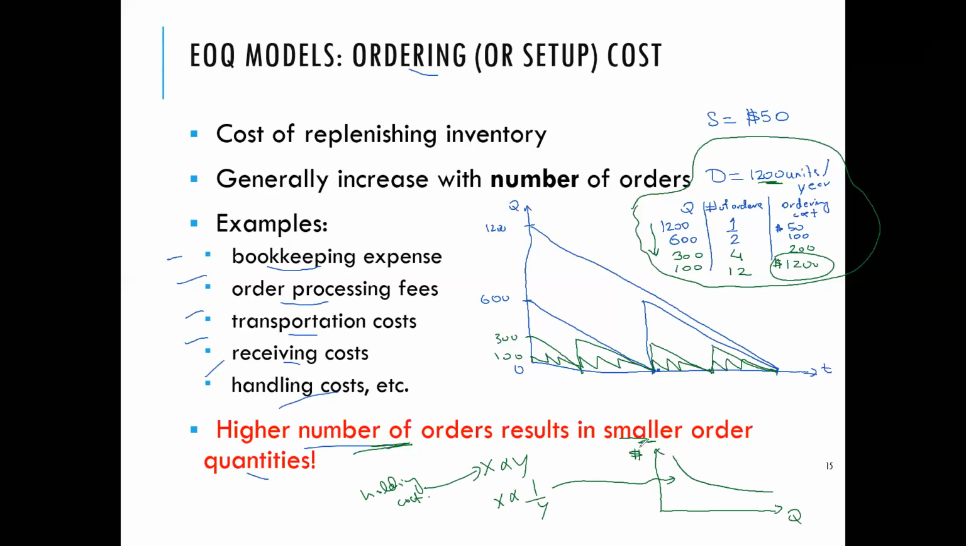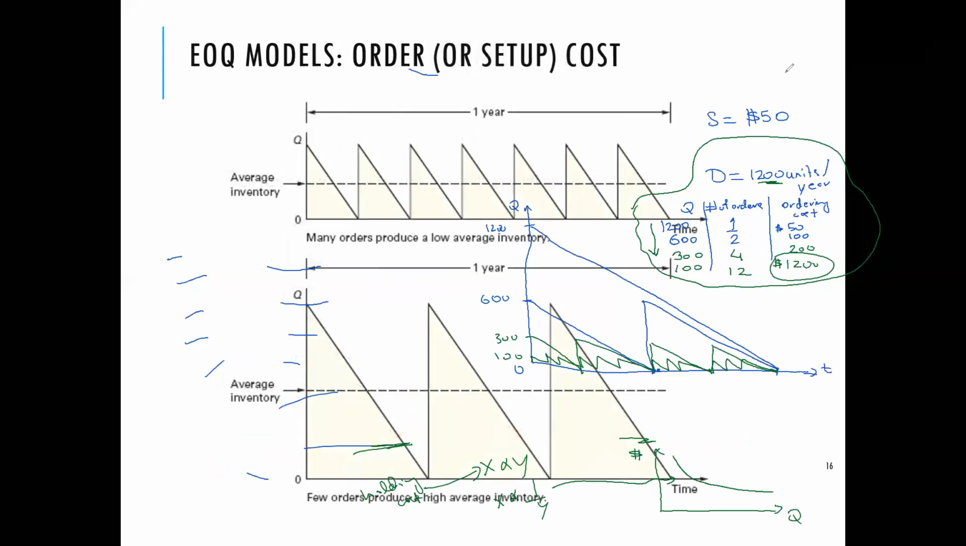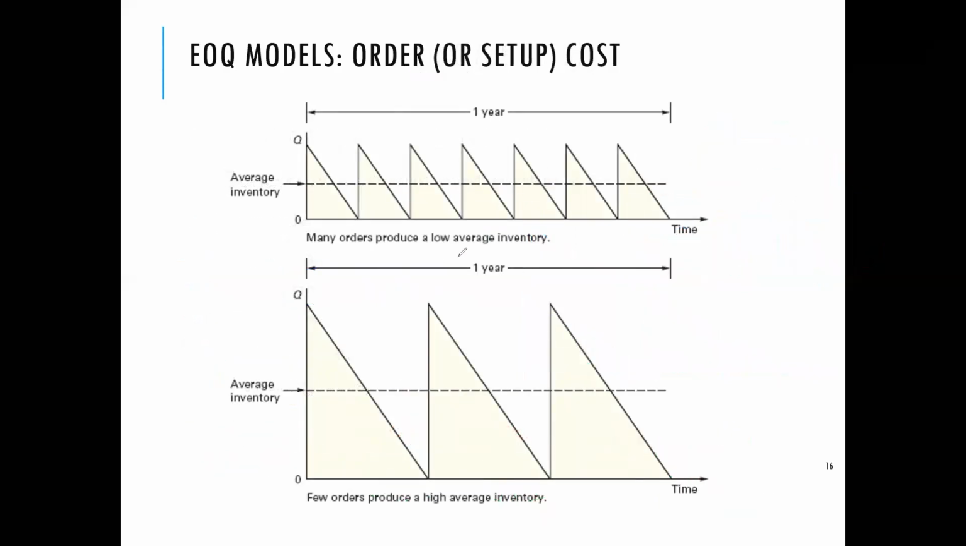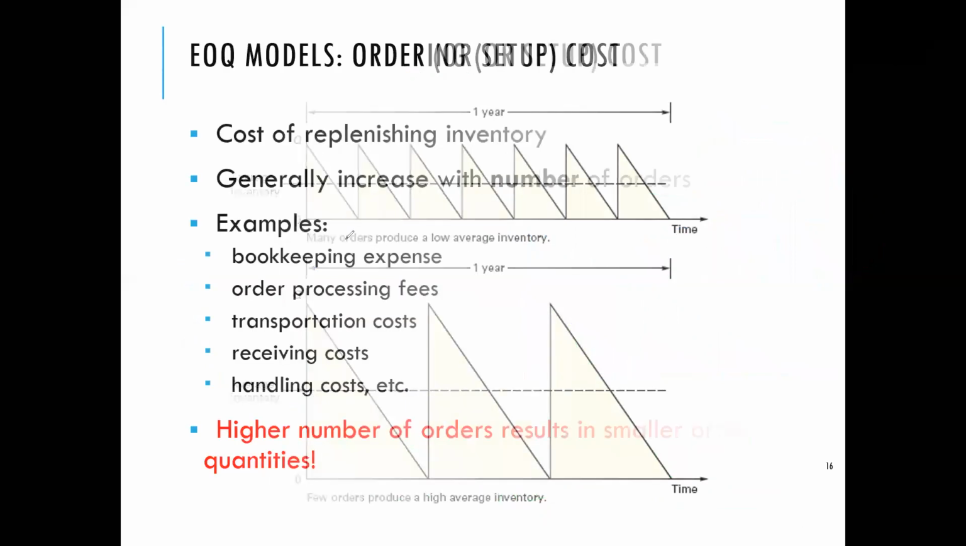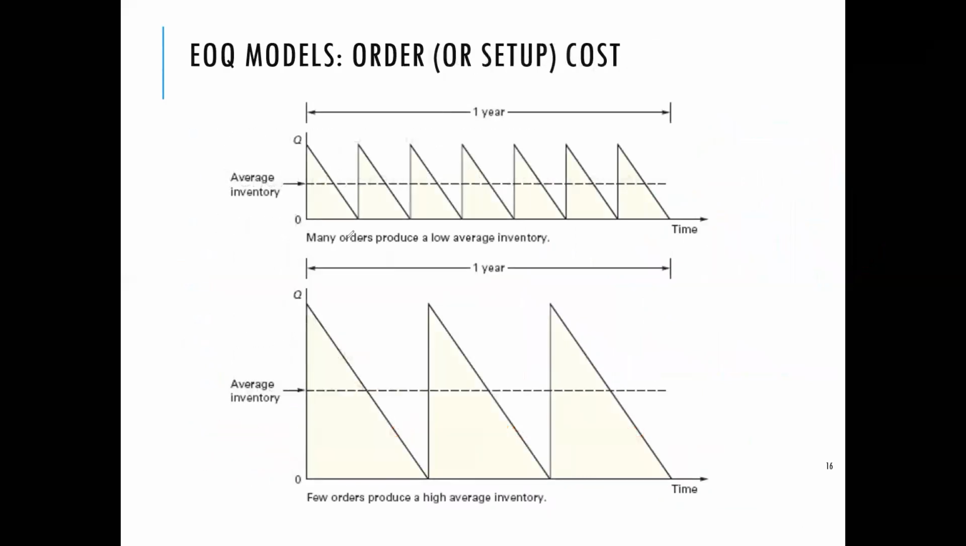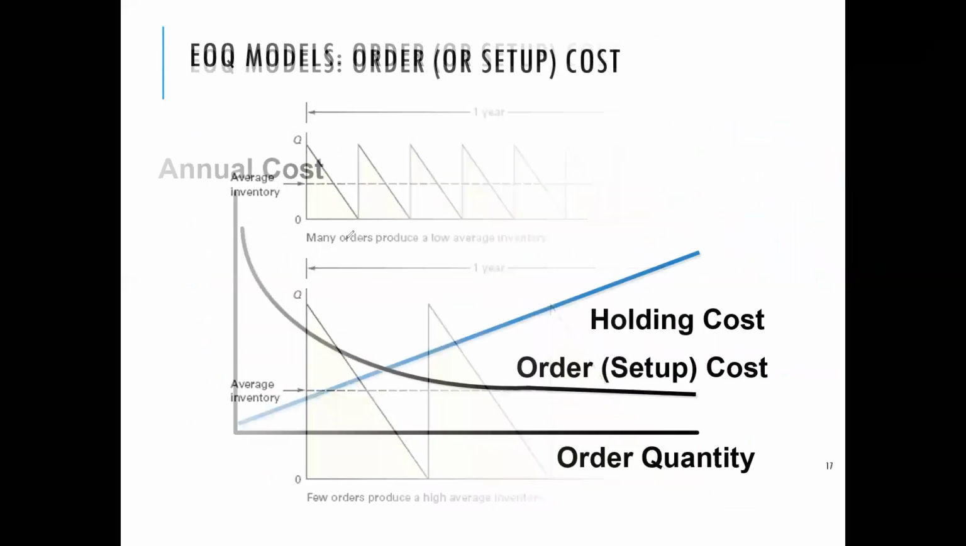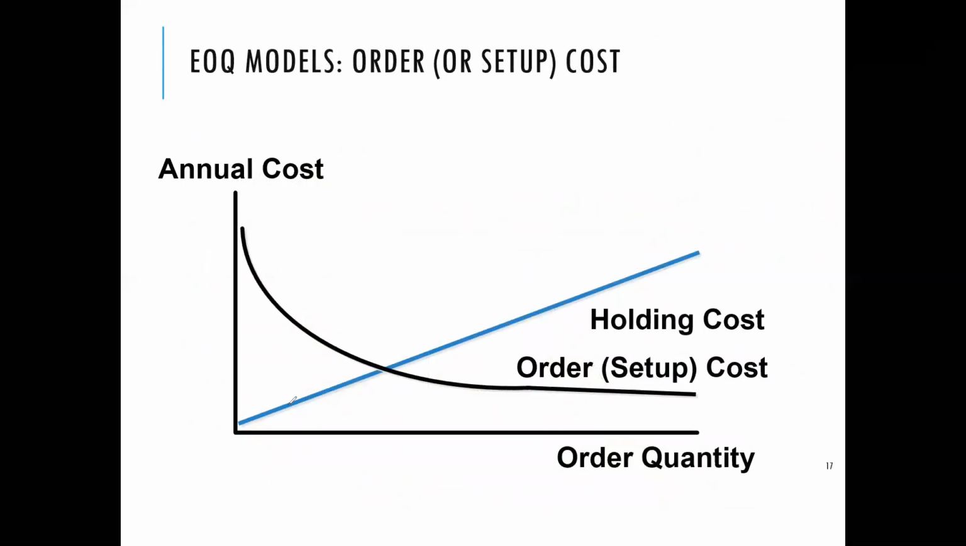I hope it clarifies the relationship between quantity and cost. So let's move on to our next slide. And again, the next slide basically describes the same thing that I've just shown to you in this slide. So what does this mean for us? What this means for us is that this is how our graph looks for both holding and ordering